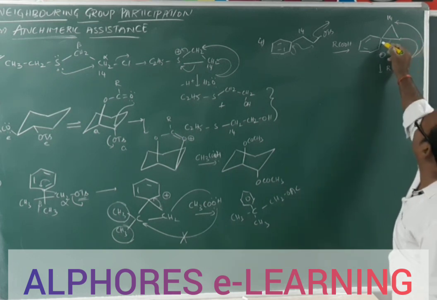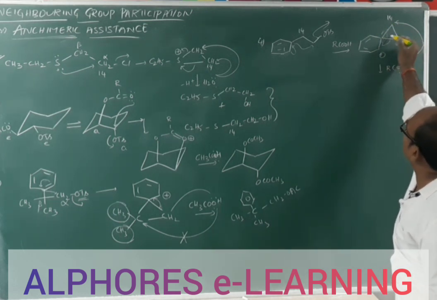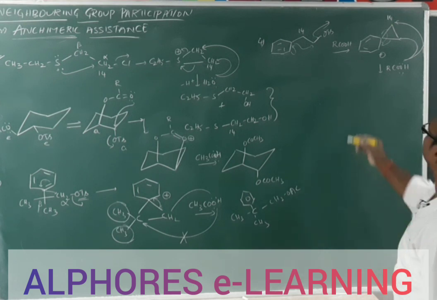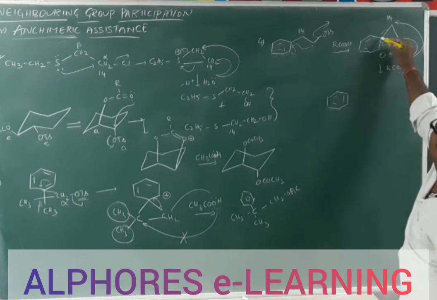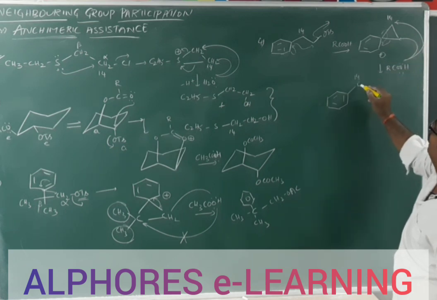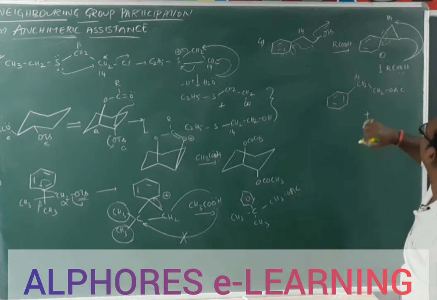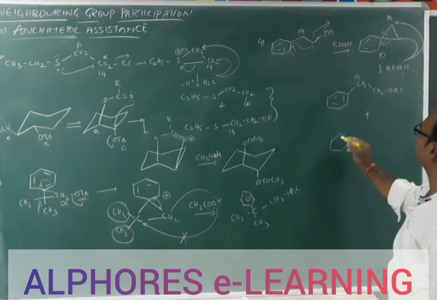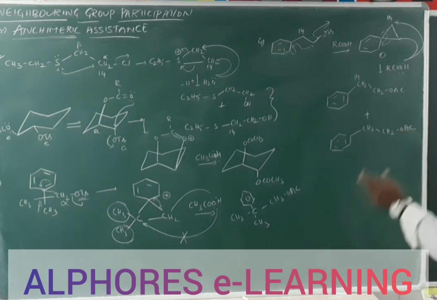If it attacks upon this carbon, these electrons will be shifted. If it attacks upon this carbon, these electrons will be shifted like this. Ultimately, the sigma bond electrons are converted into pi bonded electrons. As a result, we get two products. Have a look here. The ring retains its aromaticity. Case 1: if this OAc group is attached to this one, then this one is C14, CH2 and CH2OAc. Plus one more possibility: if this acetic acid ester group is attached to the C14 carbon, then in such a case the ring retains its aromaticity. Here CH2, here CH2OAc. So in all these cases it is very clear anchimeric assistance happens.